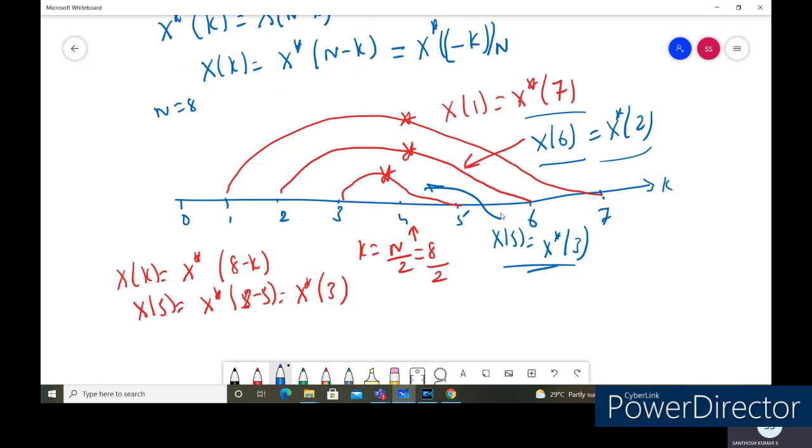For this, the sequence x of n should be a real sequence so that we can obtain the corresponding terms. This is called the symmetry of real sequences, and this property helps to find the DFT of unknown sequences where we know the first half of the samples and can find the remaining half like this. Also, it is easy to identify, after finding the DFT of any sequence, whether the DFT we have found is correct or not. So in order to identify this, this property will